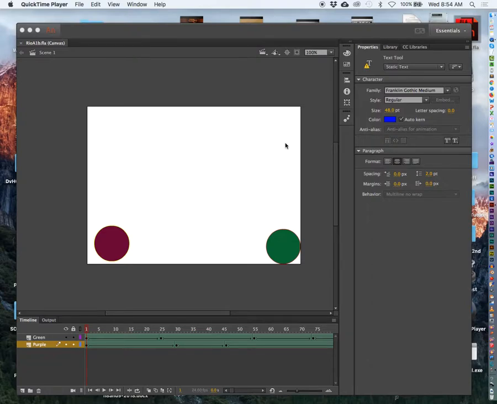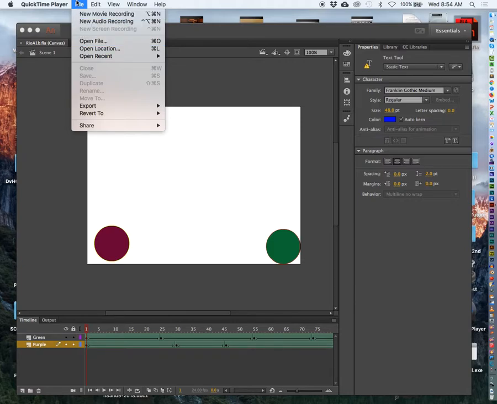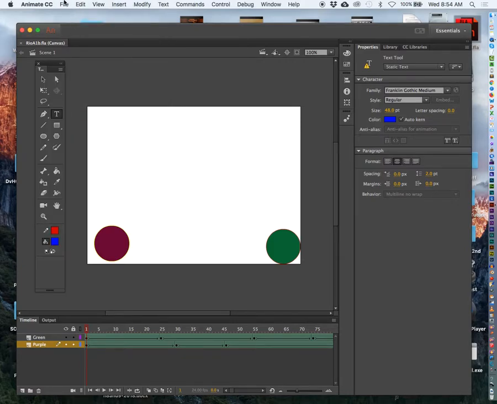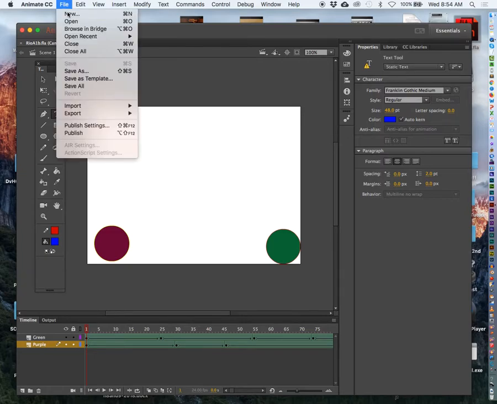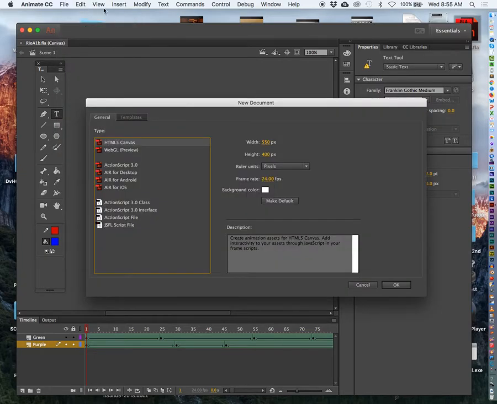Okay, when starting a new project, you make sure you save your current project if you have one open. Then you go to File in Adobe Animate, and you go to New. Now when you go to New, the default is HTML Canvas. You leave that. For right now, we're not going to change any of this with the exception of the background